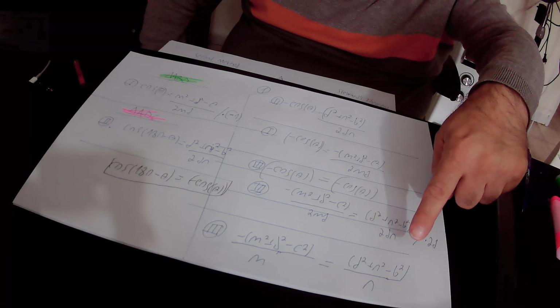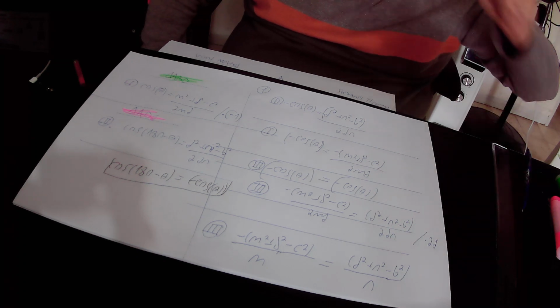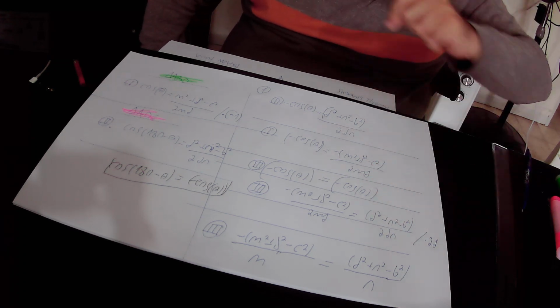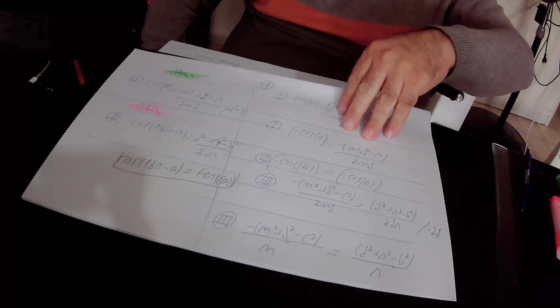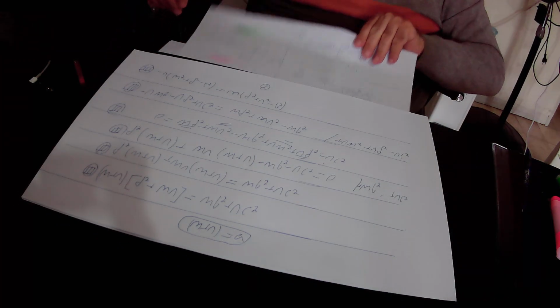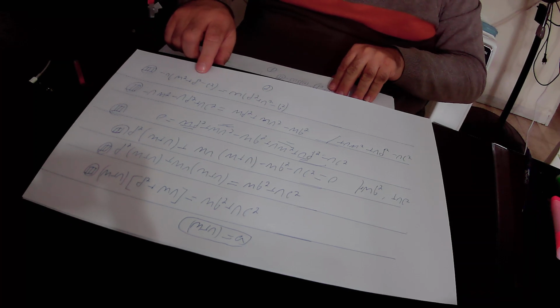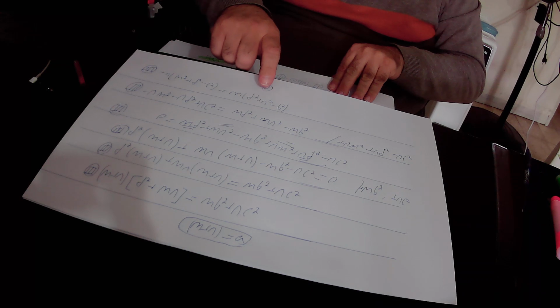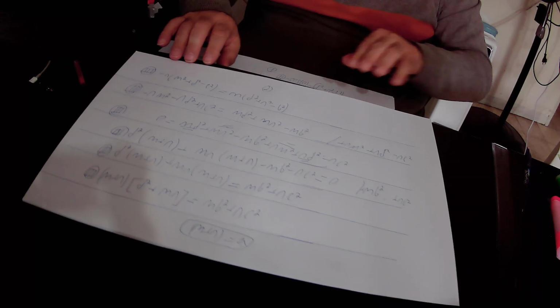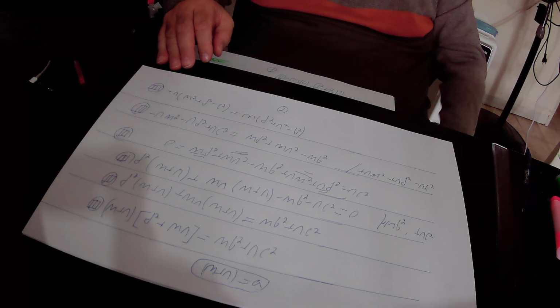It is D square plus N square minus B square. Then we cross multiplied this equation number 3, and we got that minus N times M square plus D square minus C square equals M times D square plus N square minus B square. Then we open the brackets on both sides of this equation number 3, and found out that